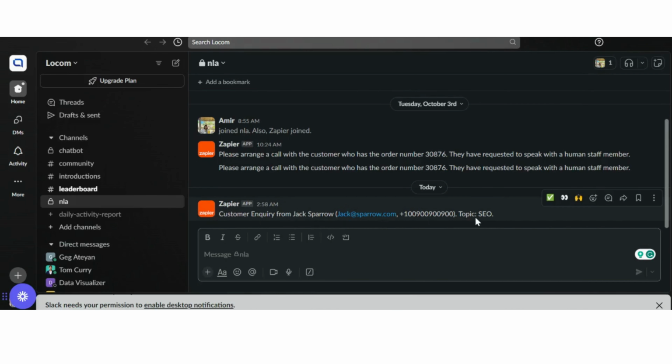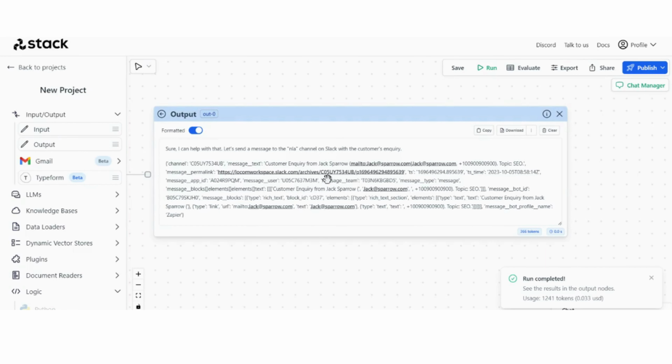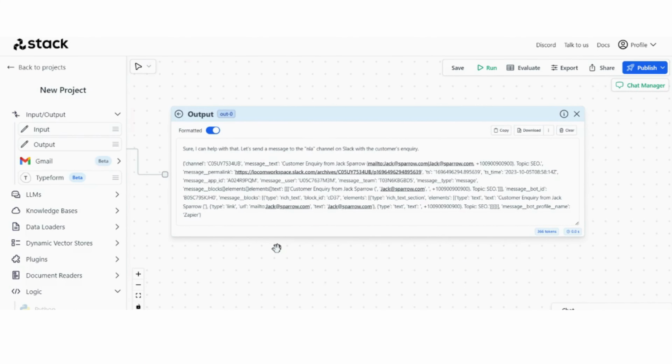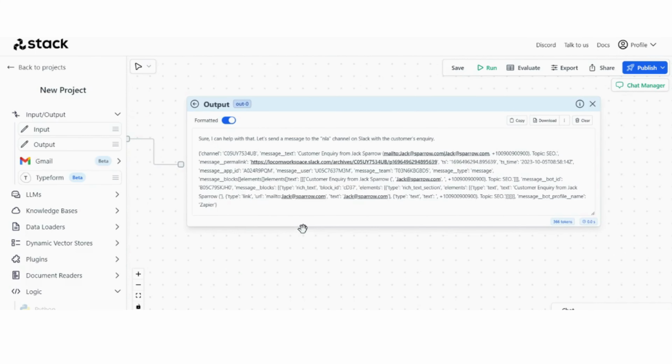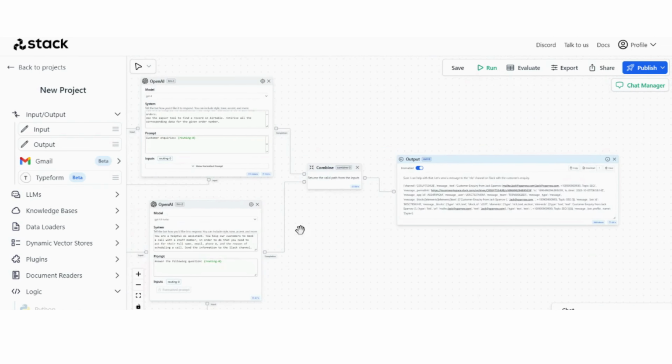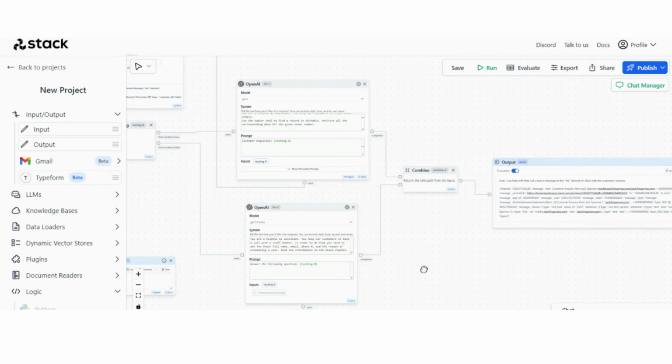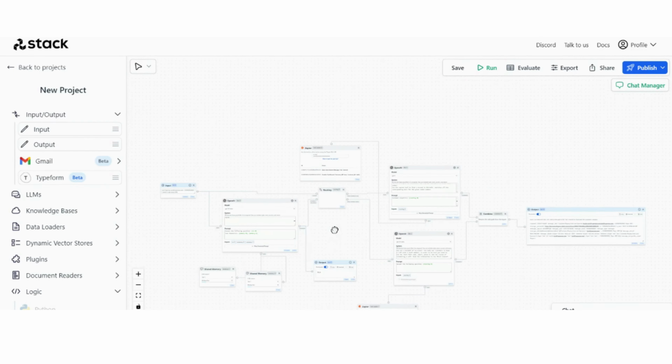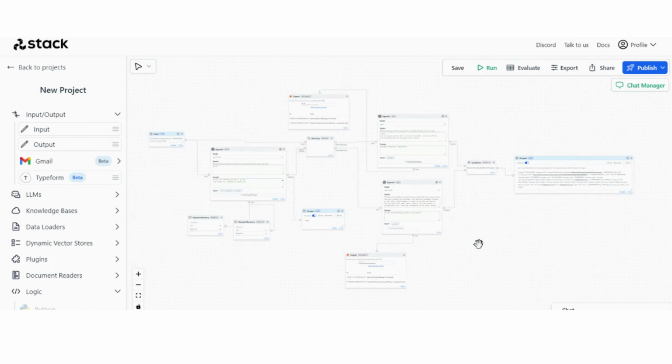So this can be very helpful. And the format again is not beautiful, but I don't want to make this video super long. But I showed in the previous tutorial, this is an easy problem to solve. You either prompt it in this LLM itself, or you would need another LLM afterwards to clean this format for you. So guys, that's it. This is how you build a